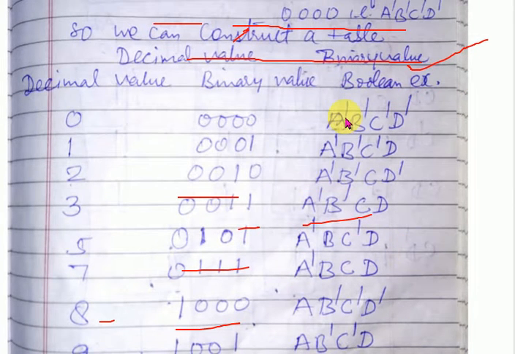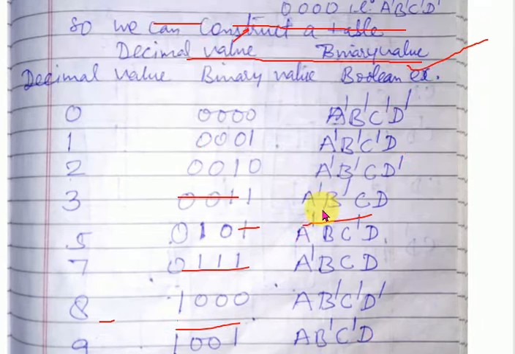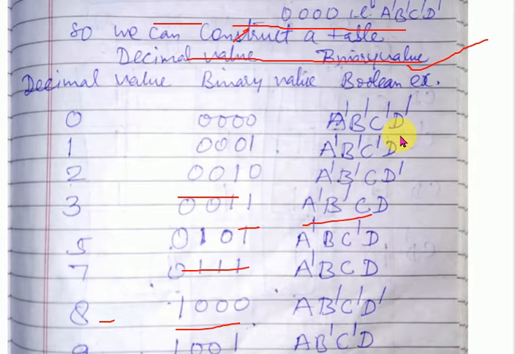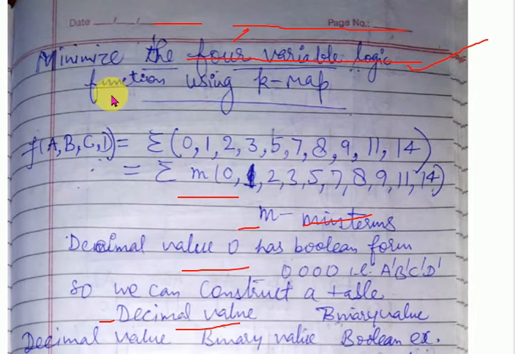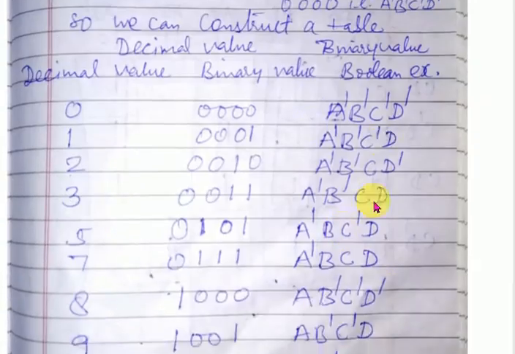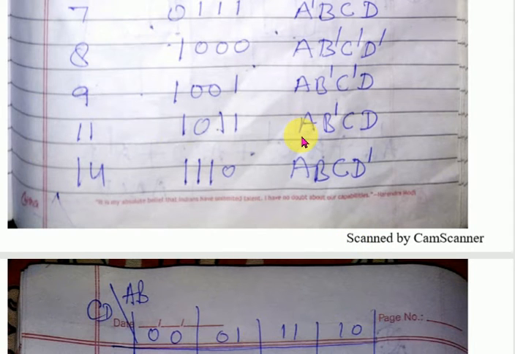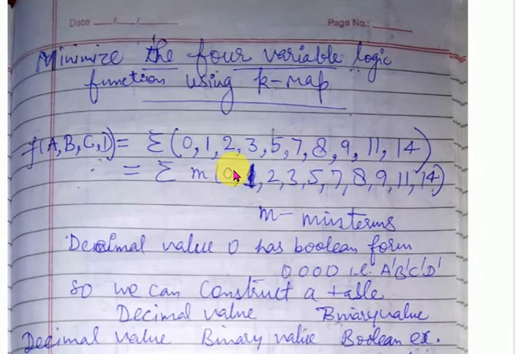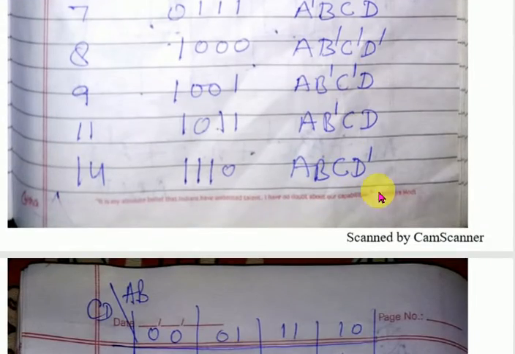So these all, 1 2 3 4 5 6 7 8 9 10, these are the 10 min terms in the given Boolean expression or the Boolean function. That means these are the 10 min terms which are given in the Boolean function. So this is our first work, to represent this notation into the min terms, and then